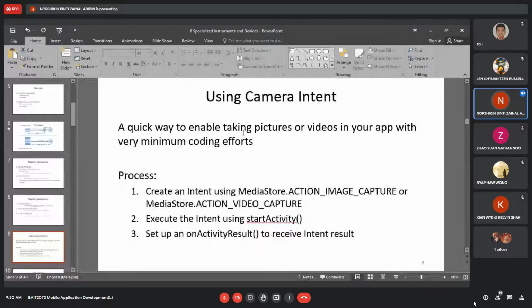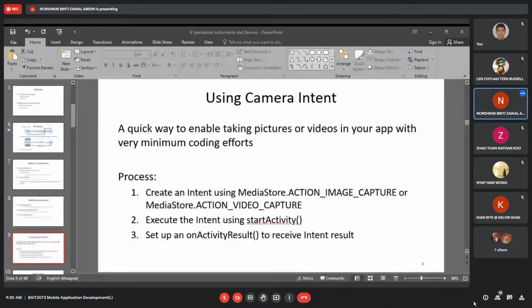So now is camera intent. What is intent? Intent is the message object that I mentioned just now. So now we are using camera intent. It is a quick way to enable taking pictures or videos in your app with very minimum coding effort. This is the first method from just now.